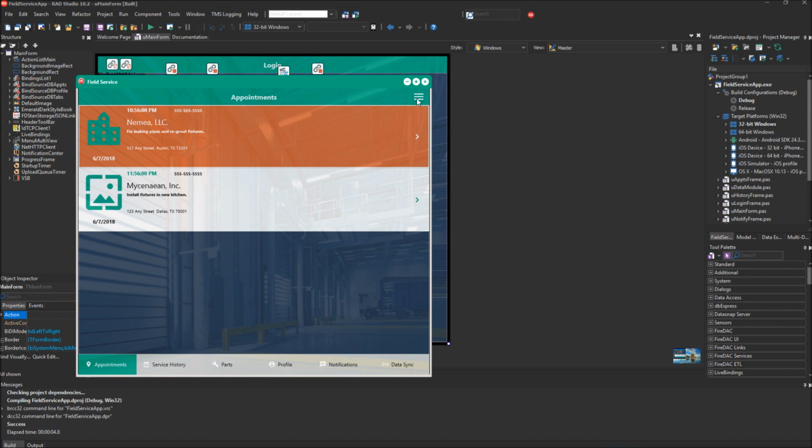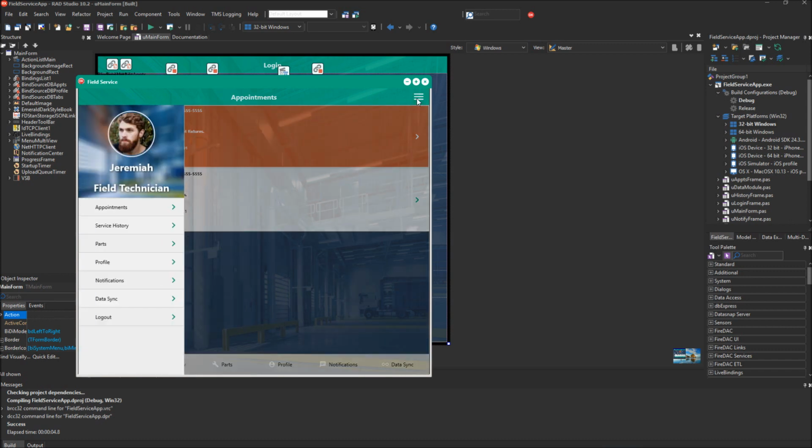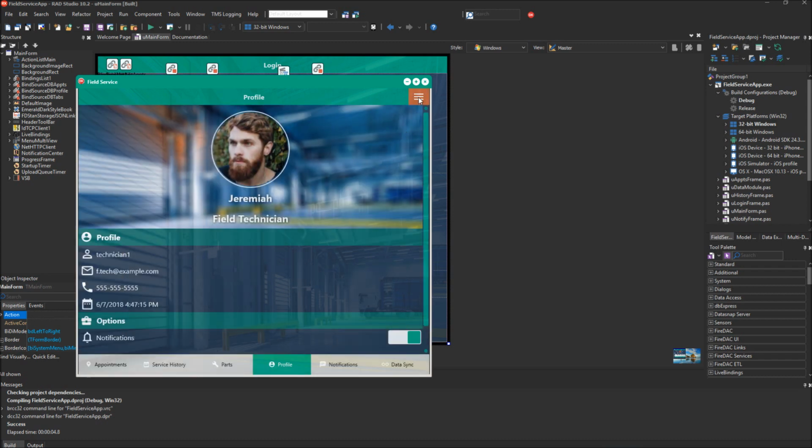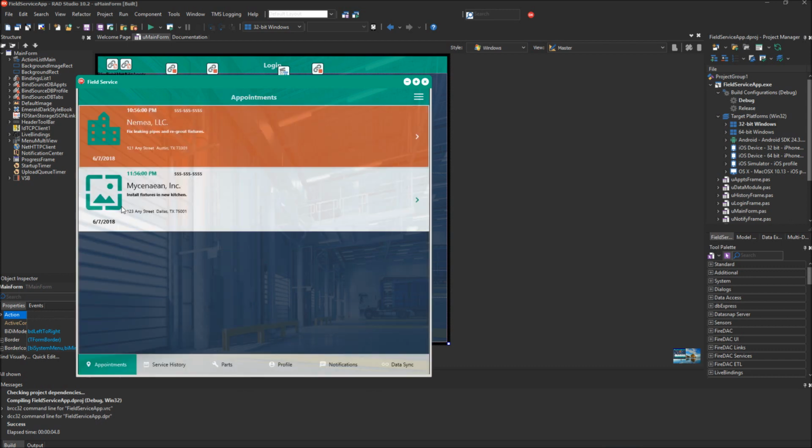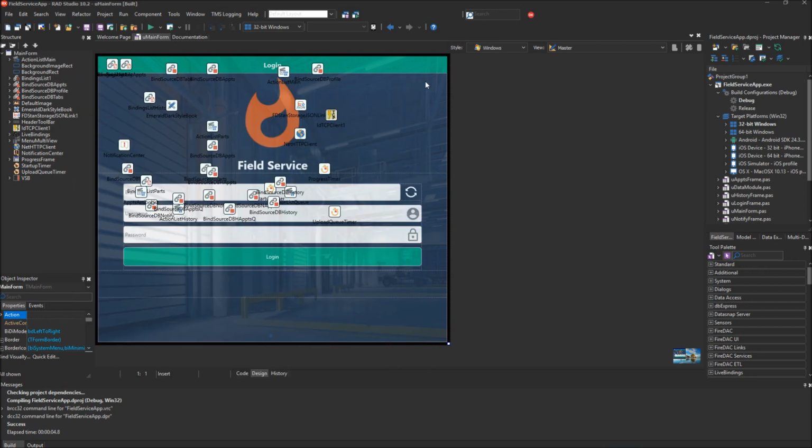There's also a Team Multiview component here which slides out, and then it has an additional menu, depending on the device it displays. And there's also a log out button on this menu. So we can click around via the multi-view. So that is the field service app at runtime. And so we're going to close that down and then